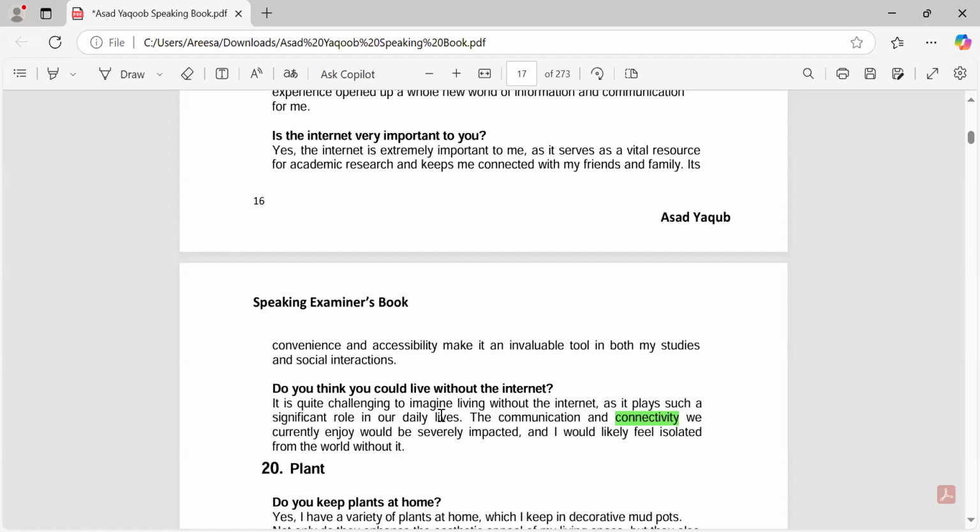I think it is good to explore a variety of topics before sitting in the exam. And as the book is coded and I have already shared it in the channel, you can find it. Otherwise, although there are practice tests available in Cambridge books, we are using this book because we want to explore different topics. After answering, we see different words related to that topic so that we can use those words.